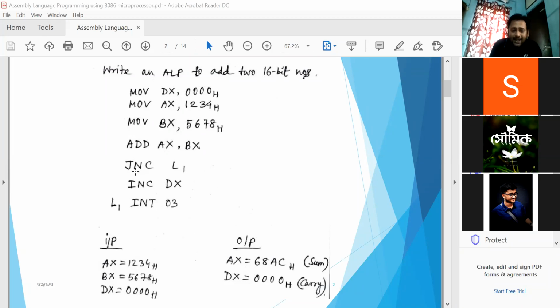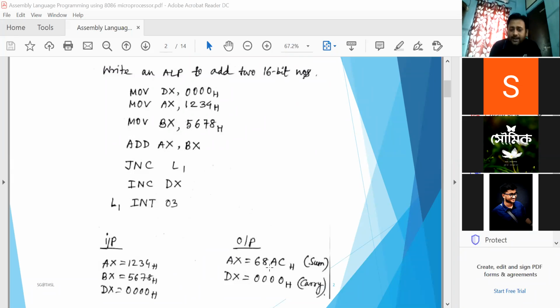And if there is any carry, it performs a certain operation. The register which was initialized as 00 must be incremented by 1, and then the program stops. So DX stores the 1, that is the carry, and AX stores the result. Now my inputs are AX as 1234, BX as 5678, and DX as 0000.